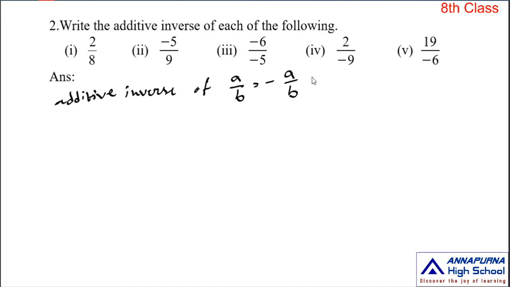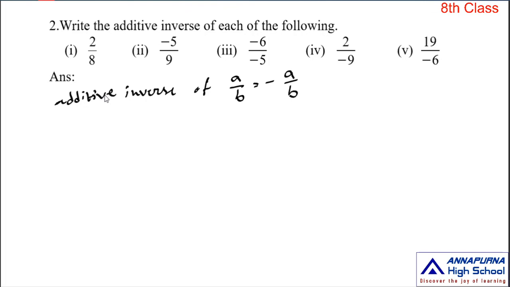Before writing this, first we observe whether the rational numbers are in standard form or not. So what is the standard form of rational numbers? Yes, the rational numbers which have a positive integer as denominator, and the numerator and the denominator have no common factor other than 1. That is the standard form of rational numbers. Simply we say simplest one. Standard form or simplest one, both are similar words.